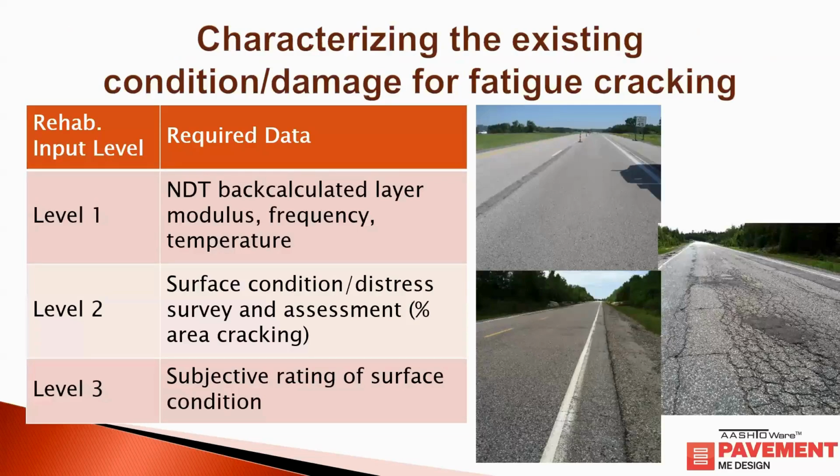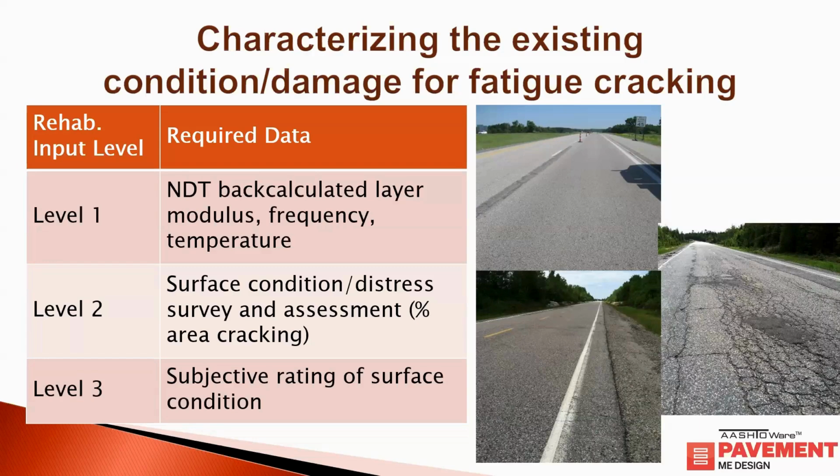So just to give a quick overview for defining the different rehab input levels. For level 1, this is when you have the best available data. You've performed non-destructive testing on your pavement, you've back calculated your layer moduli, and you have the frequency and temperature values that represent your testing conditions. For level 2, pavement ME requires the surface condition or distress survey, and from an assessment that you've done, typically in percent cracked area, that gets translated to fatigue damage, and then that damage gets translated to an